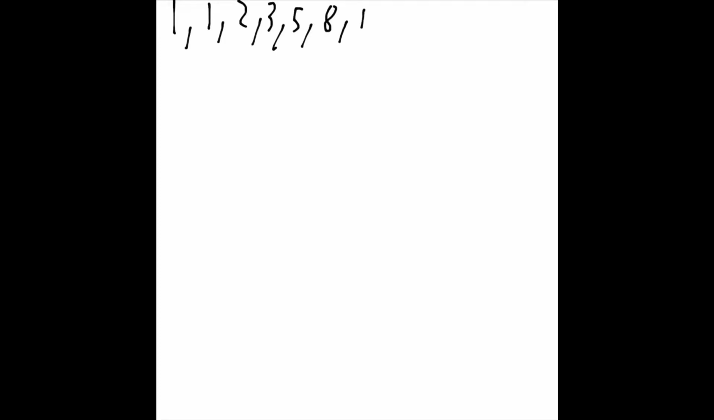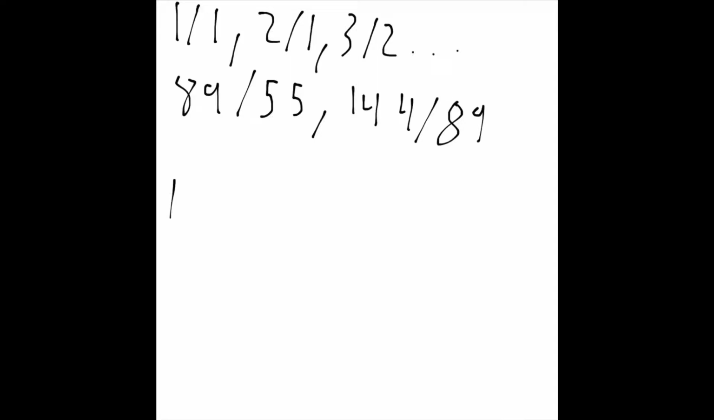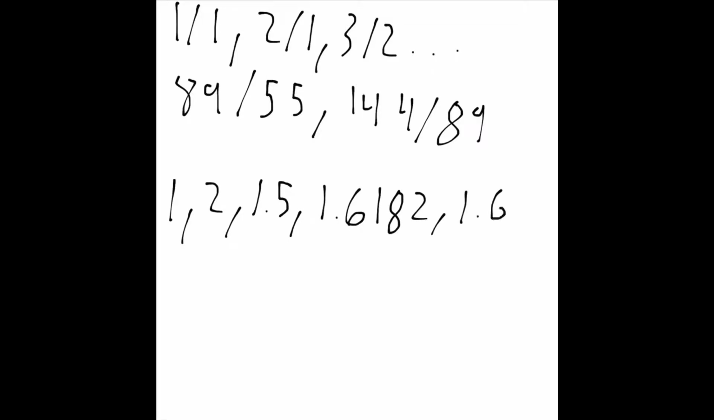To refresh your memory, the sequence is 1, 1, 2, 3, 5, 8, 13, 21, 34, 55, 89, 144. If we were to divide each number by the previous one, for example, 1 divided by 1, 2 divided by 1, 3 divided by 2, or 89 divided by 55, and 144 divided by 89, the sequence of quotients would be 1, 2, 1.5, 1.6182, and 1.6180. The quotients seem to increase, then decrease, then increase again, and then decrease until they reach the